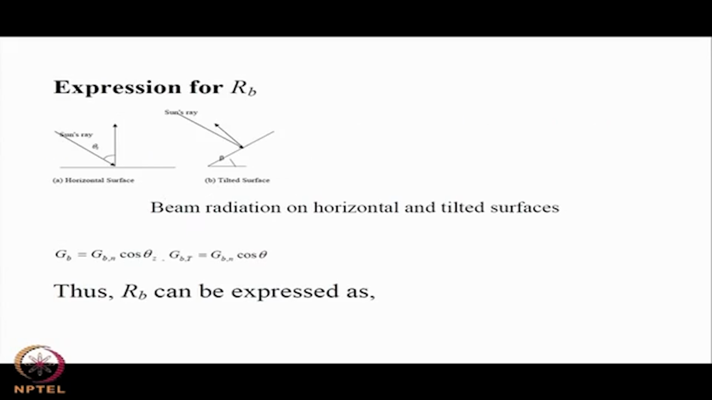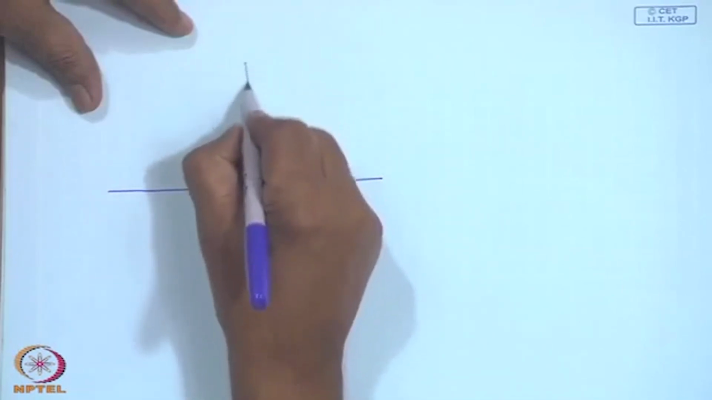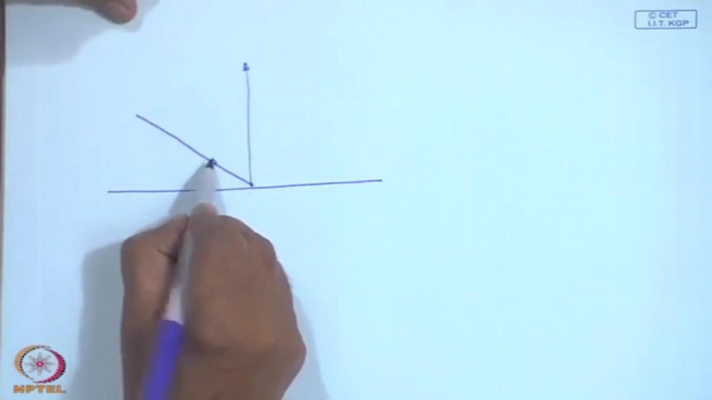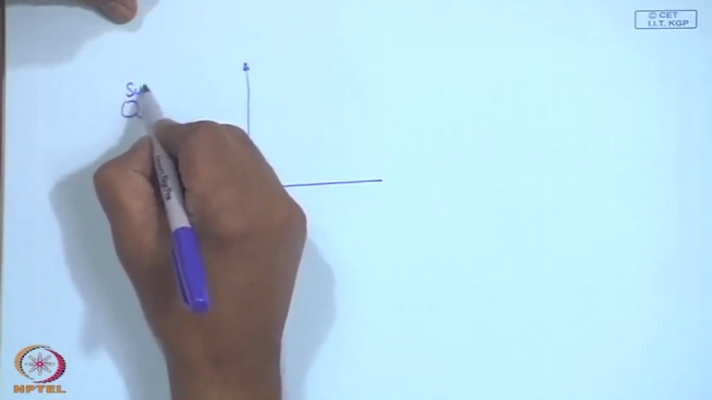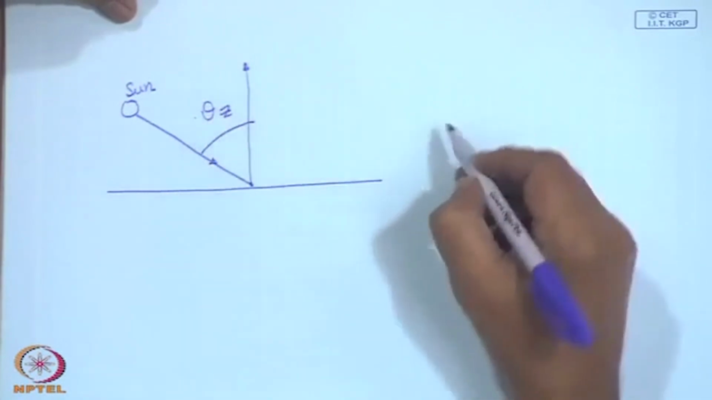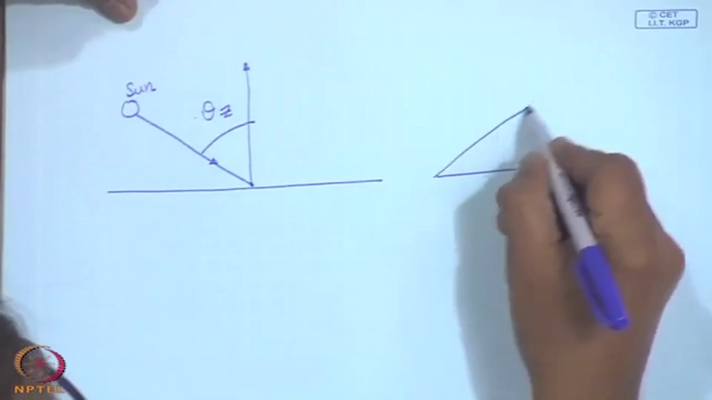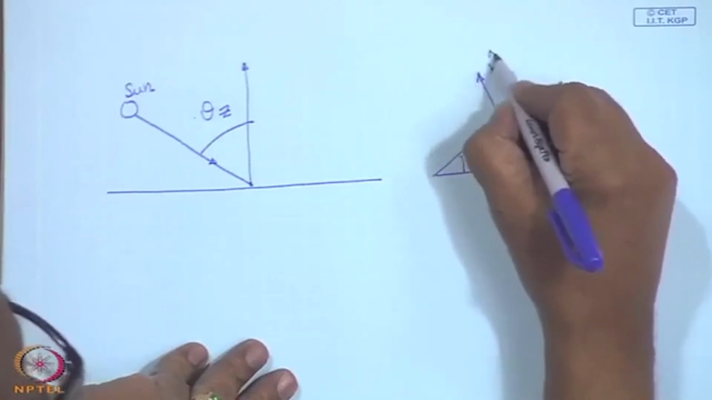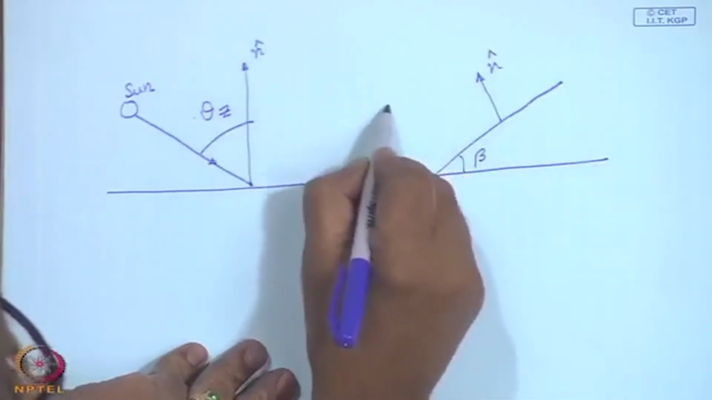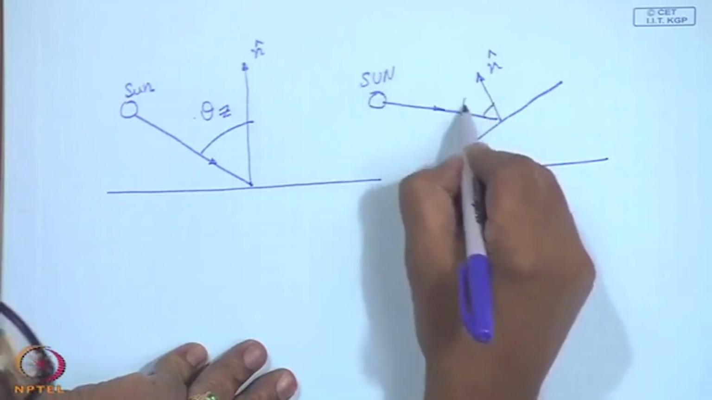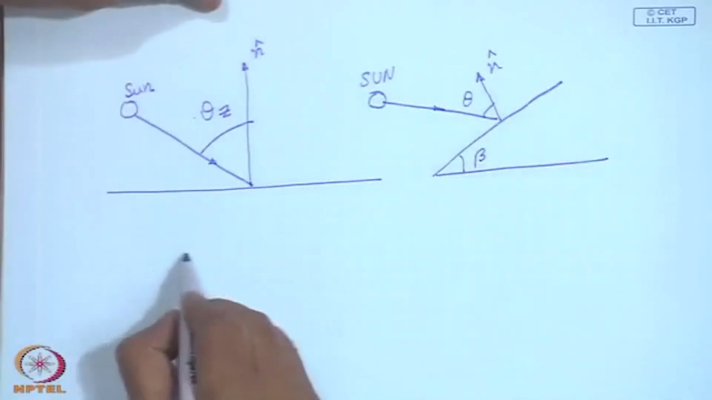Now, this figure I shall make it a little bigger. If you have the horizontal surface and the outer normal, and this is the sun's ray, and it has got the angle theta z, and simultaneously you have the tilted surface beta, outer normal, and the sun ray, and this makes an angle theta. So, we can say GB